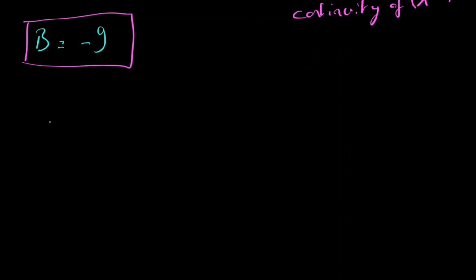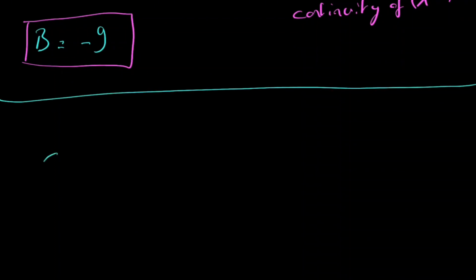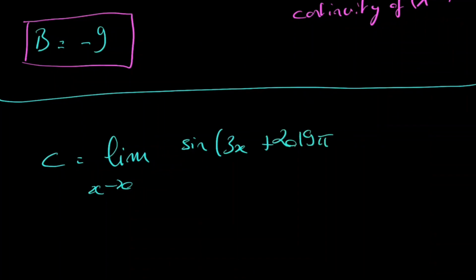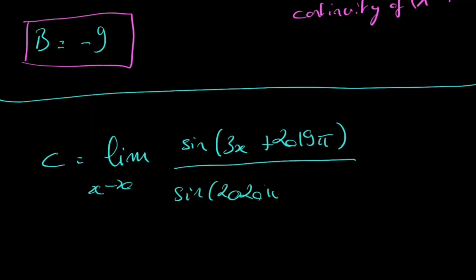So we are looking for C, which is equal to the limit when x tends to 0 of sinus of 3x plus 2019 pi over sinus of 2020 pi minus 4x. So you see, and you should know that there will be some simplifications inside of the sinus, because we've got integers times pi, so multiples of pi, and this gives us easy simplification,